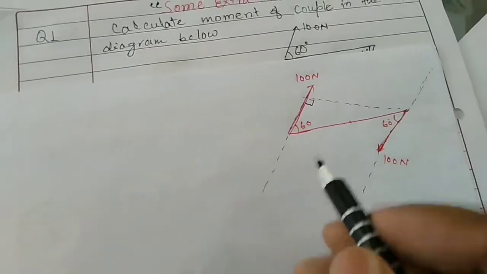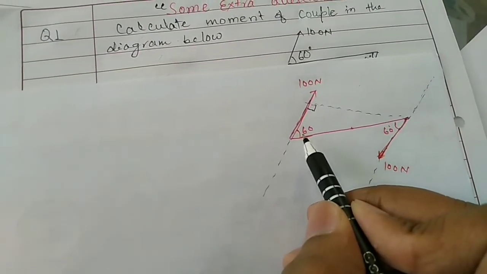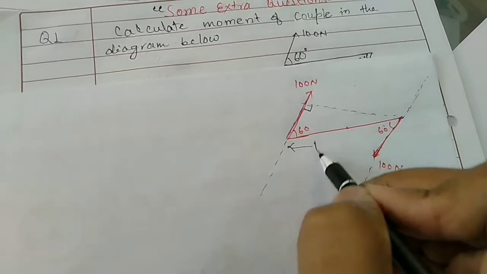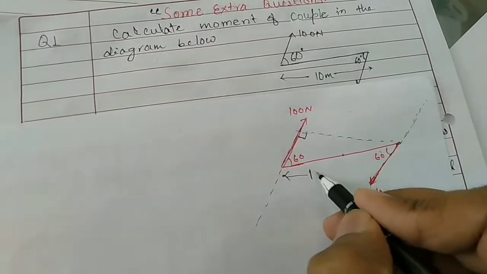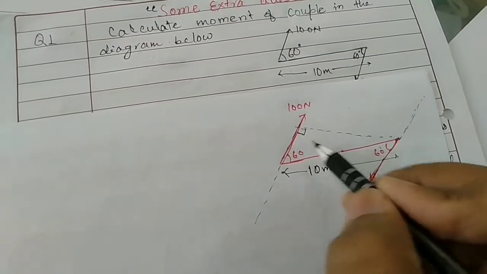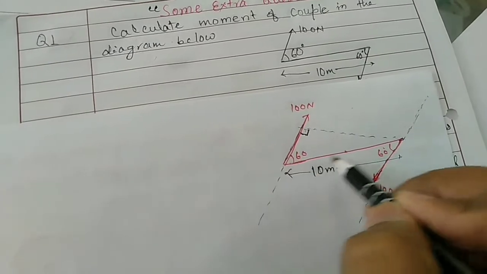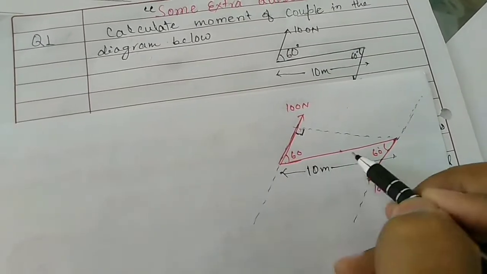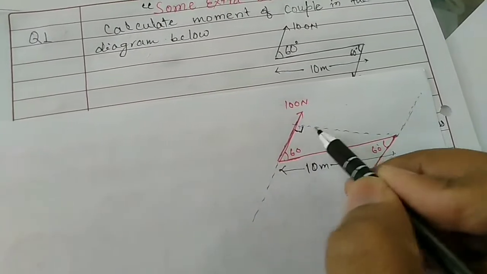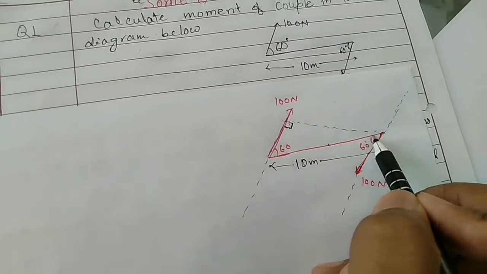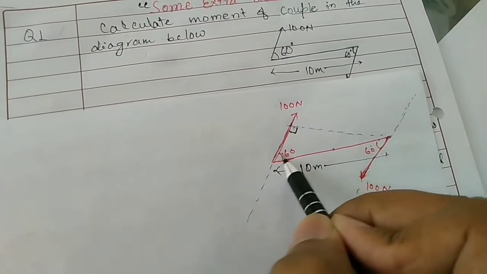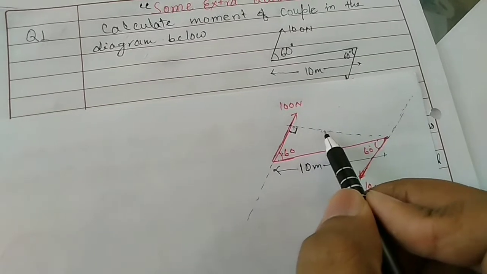For that, in the question, what is given? See here, the 60-degree angle. And the whole length from here to here is given as 10 meter, so I'm writing 10 meter here. In front of the 90-degree angle is the hypotenuse, and this is the perpendicular, or you can say base, alternate of them. We need only this one. Suppose we are using sine theta. Sine theta is perpendicular upon hypotenuse. Sine theta is known, so we can calculate this value.